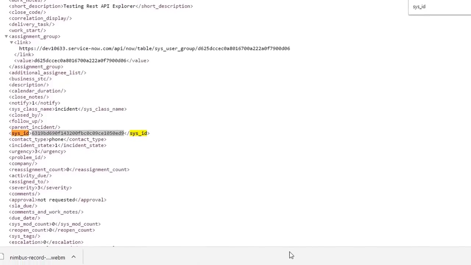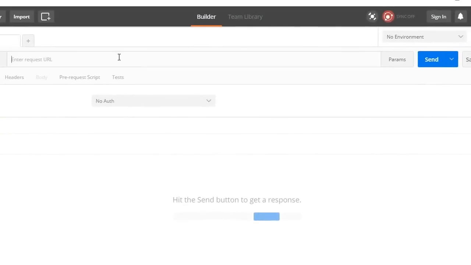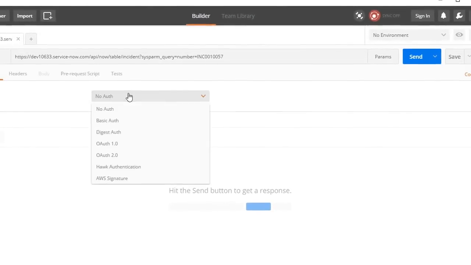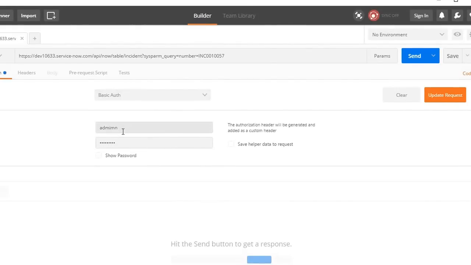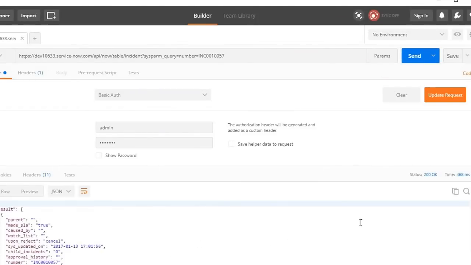I'll copy this, I'll paste it here. I have to give the basic authentication, admin, and the credential for that. See, I got all the information related to that particular incident. The number, all those stuffs.